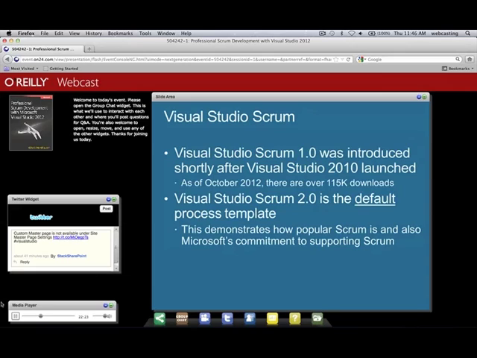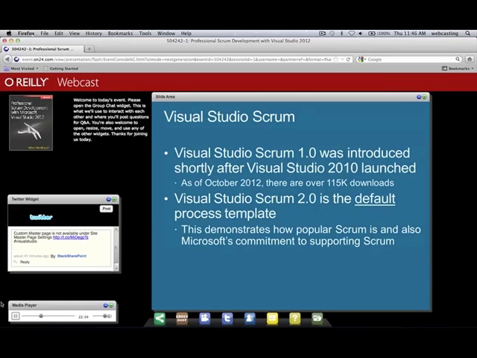Some people were thinking, oh, I'm not going to use this because the MSF for Agile process template had all of those things in it, and this doesn't. But then there were those of us, and I should say I'm a little biased because I helped Microsoft design that template, that said, awesome, we don't need all that stuff. Scrum is more about people and collaboration and conversation than it is about using Excel to plan our capacities. So a lot of us really like and really grok that minimalistic design of the process template.